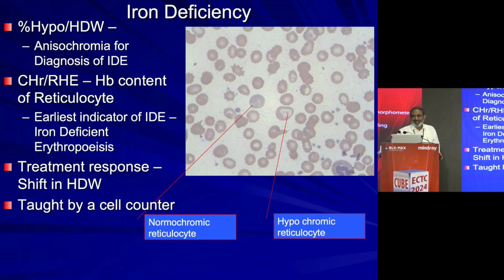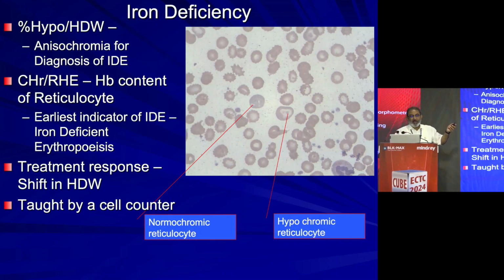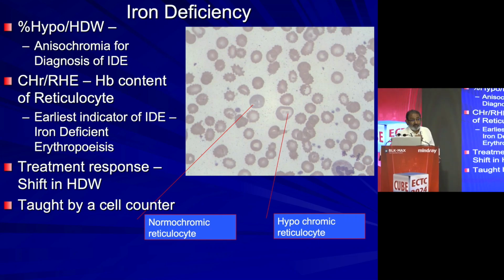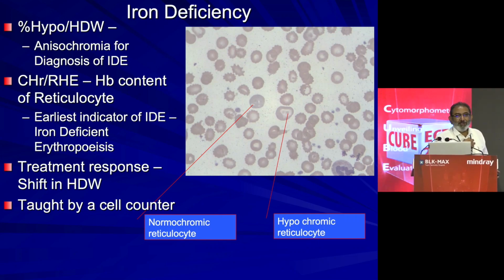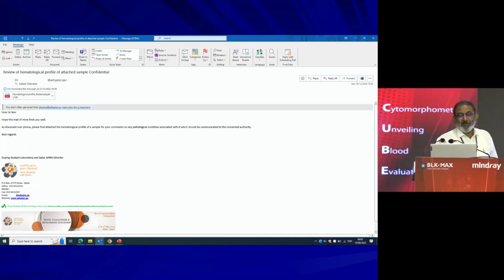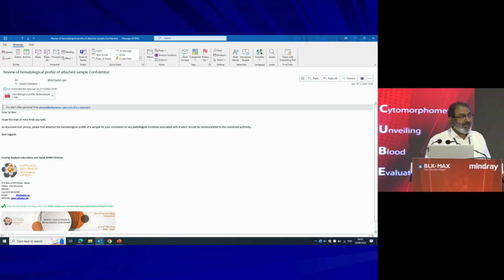So the cell counter taught me anisochromia, the earliest indication of iron deficient erythropoiesis, which is low hemoglobin in reticulocytes. A shift in HTW is probably the best indicator of iron therapy, and they were all taught to me by a cell counter. So use cell counters to also teach you peripheral blood morphology, in the sense that I have been